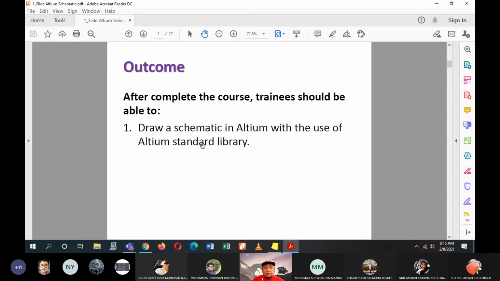Okay, so the outcome of this course is what you are expected to have. What you will get from this course: the trainees should be able to draw a schematic in Altium with the use of the Altium standard library. If you look at this statement, there are two things you will have after completing this course. The first is how to draw the schematic using the software, and the second is how to use the library of the software.